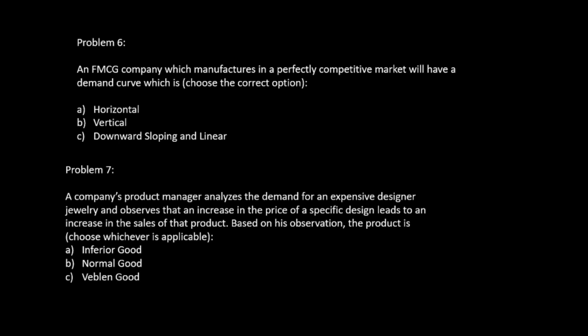Okay, so we talked about Veblen goods earlier as well. Veblen goods are those goods which are highly luxurious in nature, they are highly coveted, and they represent status symbols. So this is an exception to the law of demand. And in case of Veblen goods, whenever there is an increase in price, the price increase is actually considered as a status symbol, and the quantity demanded for such kind of goods also increases.